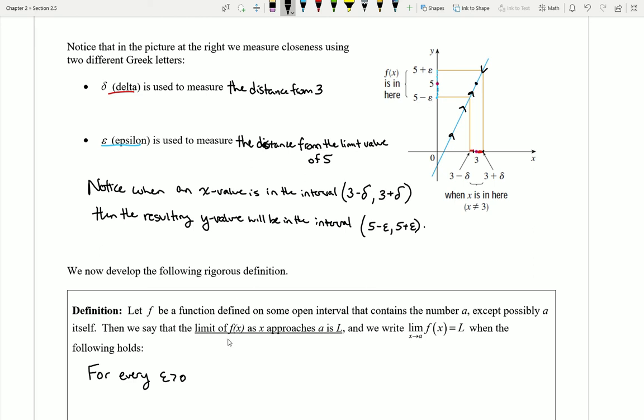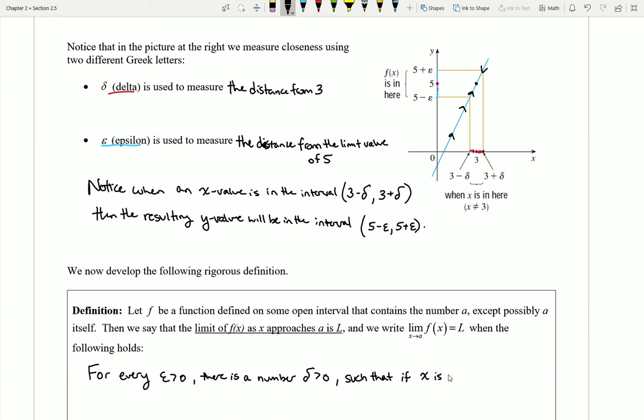Every single time I pick an epsilon, for every epsilon, there is a number delta. Every time I set up a blue interval or someone gives me a blue interval, I need to be able to find a delta to make a red interval such that